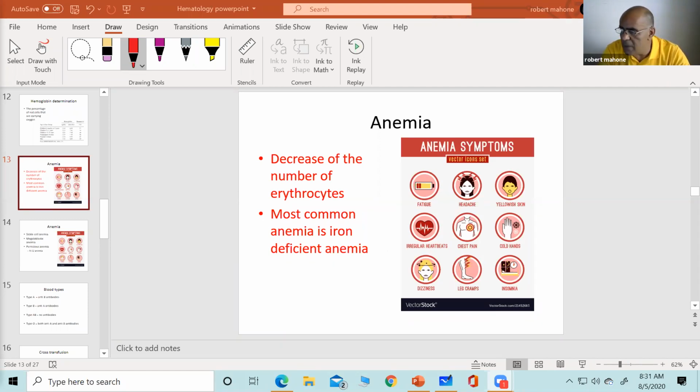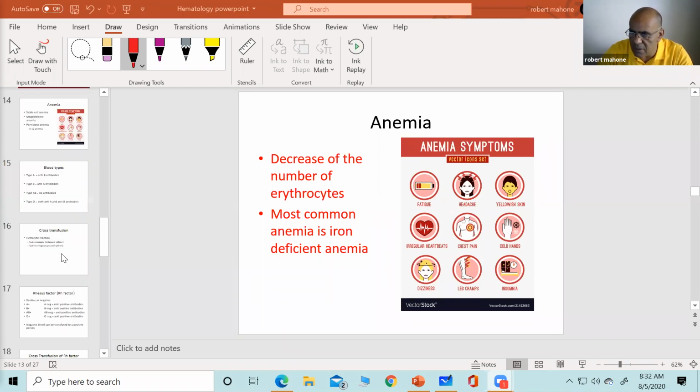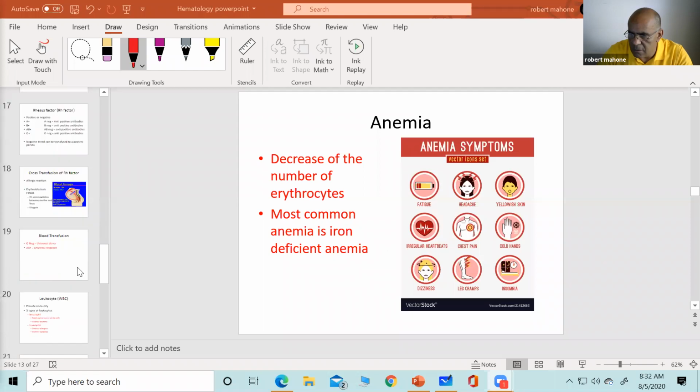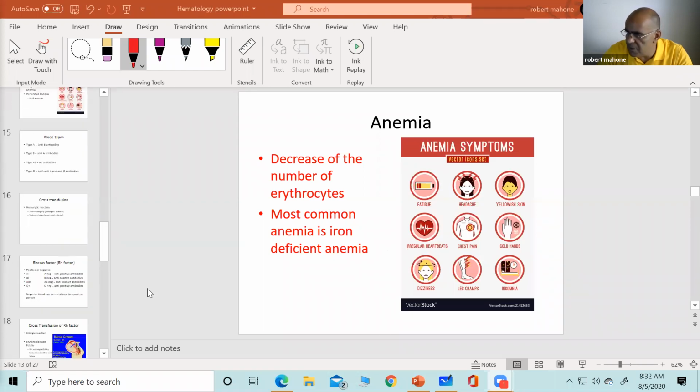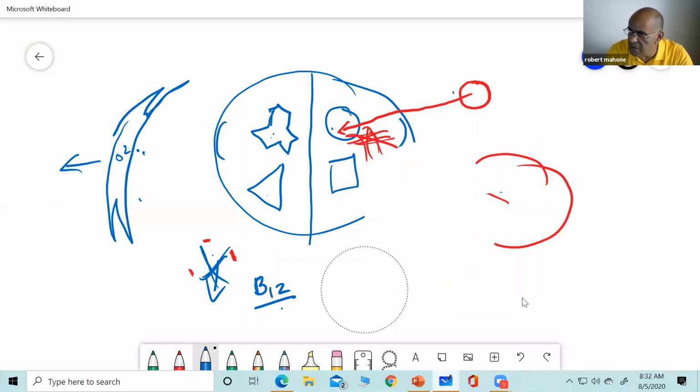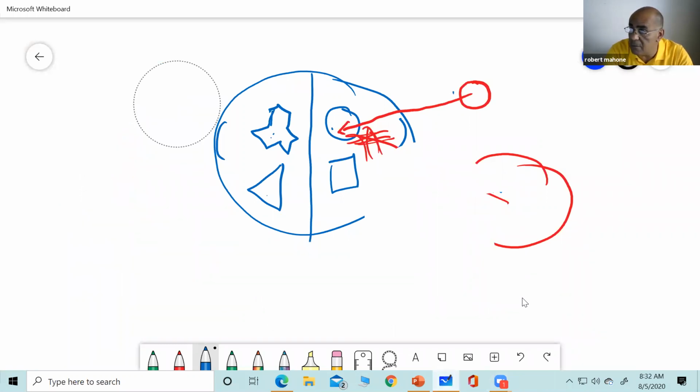All right, so anyway, we have now mentioned that a decrease in the number of our red cells is called anemia, and the most common anemia is iron deficient anemia. All right. Now, before we go into this next section, I want to remind y'all about something. And that is that every cell in our body, excuse me,